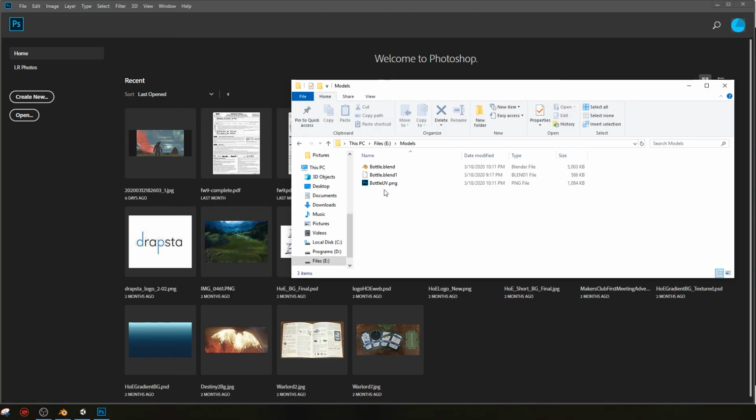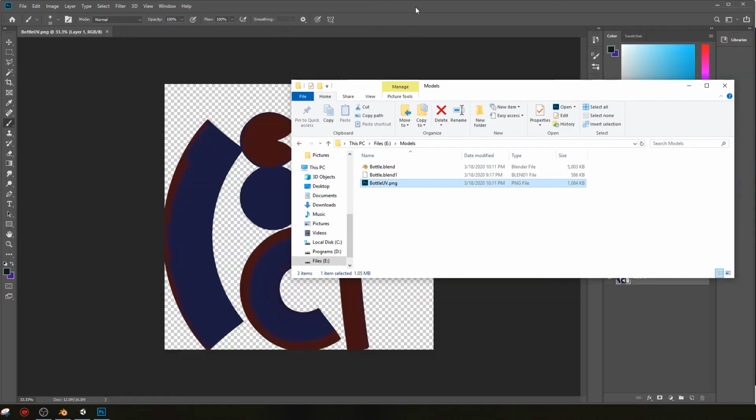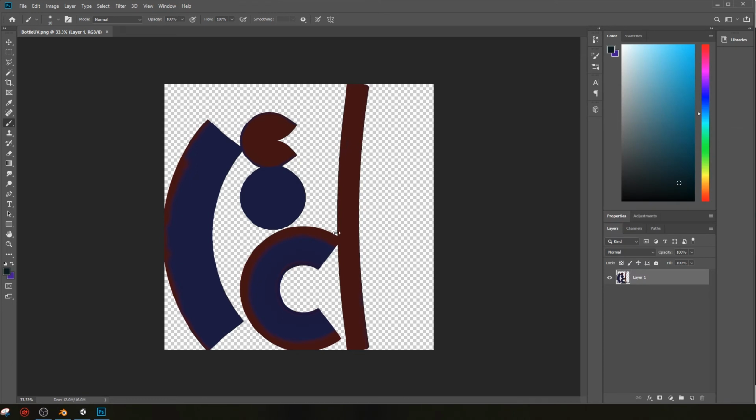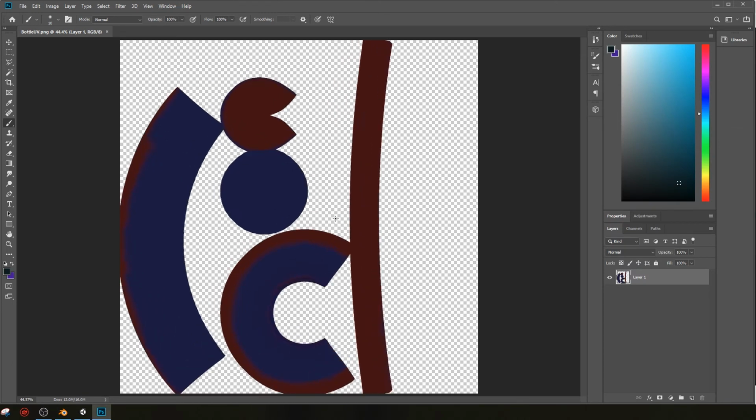Now we can navigate to wherever you've saved that uv.png, and drag it into Photoshop or any image editing software to open it. And now you'll see that we have our actual image open in Photoshop. We can zoom in and adjust it. You'll see that this is where we had that accident with the red